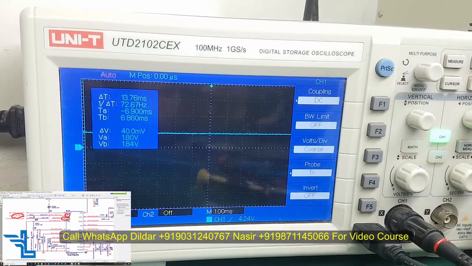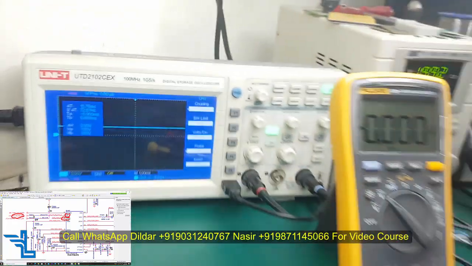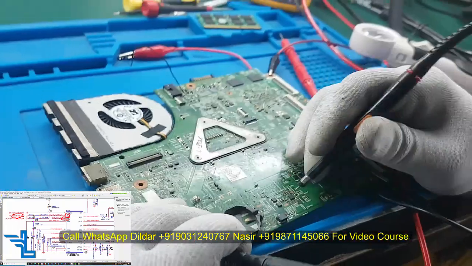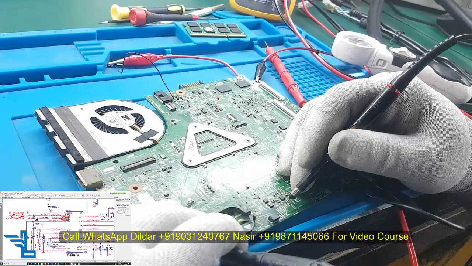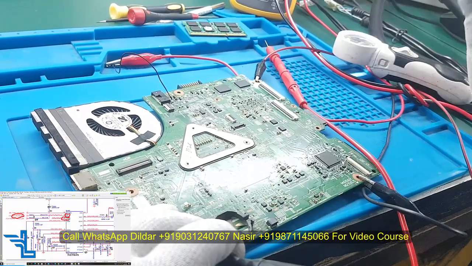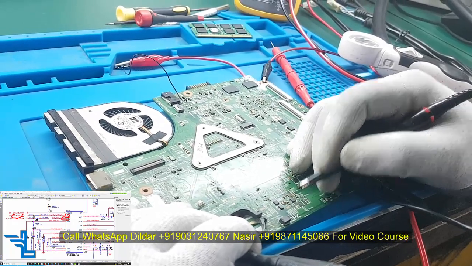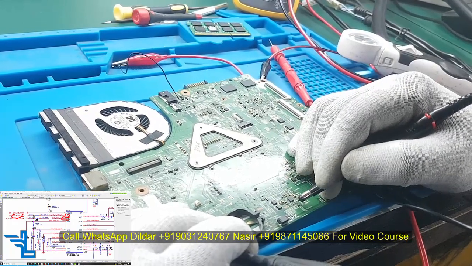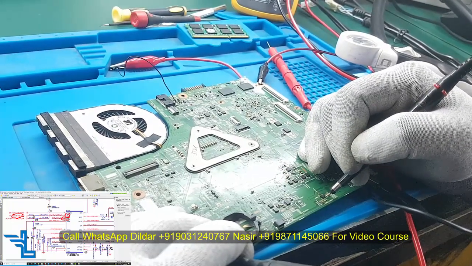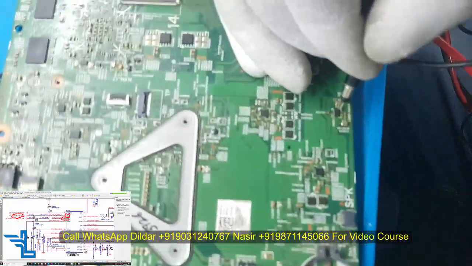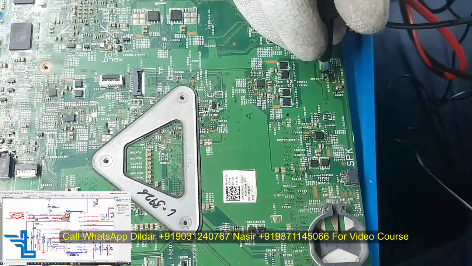Now you can tell me, or comment in the comment box, that there are two problems here. In the RAM IC we are getting 4 point something volt from the PCH. That is the wrong thing, there must be 3.3 volt. And the second one, let me tell you, is that here instead of 5 volt we are getting 1.8 volt. Now this is the SLP_S3 signal. Now let's check it.